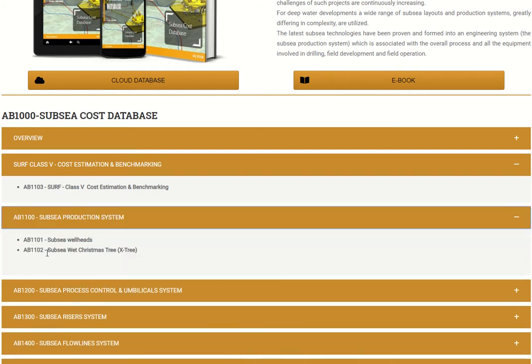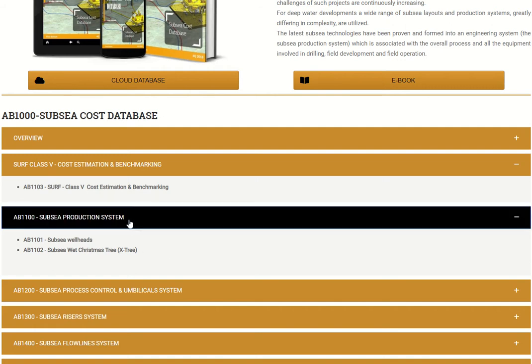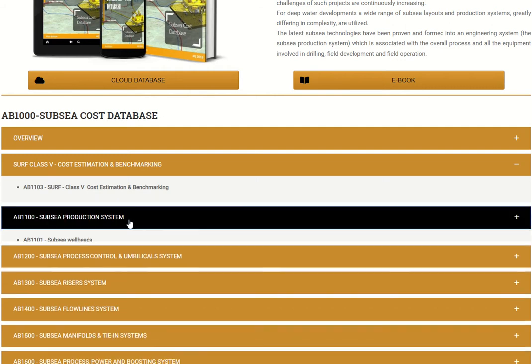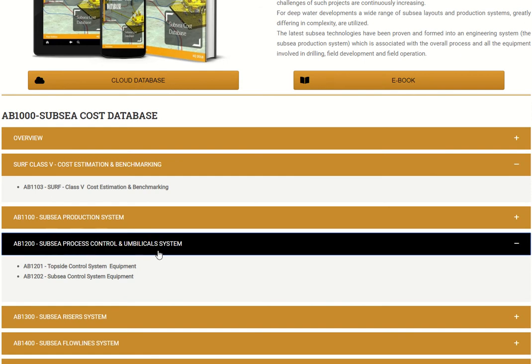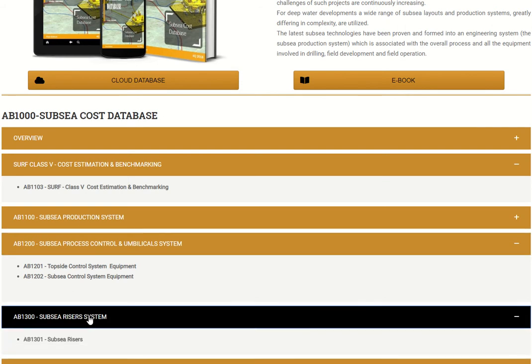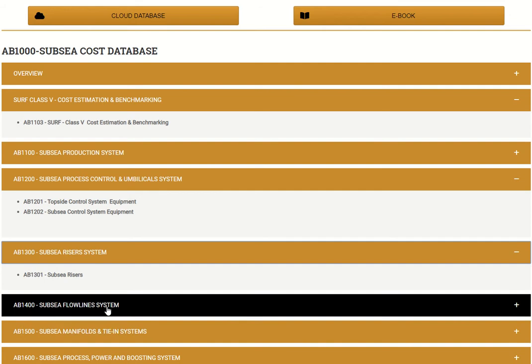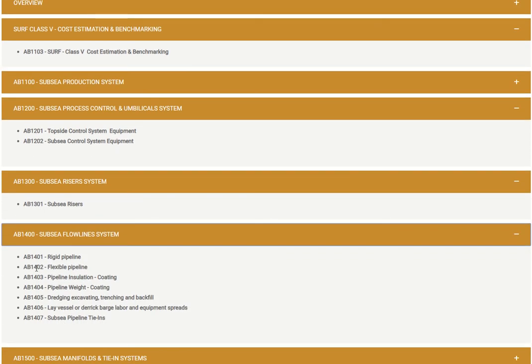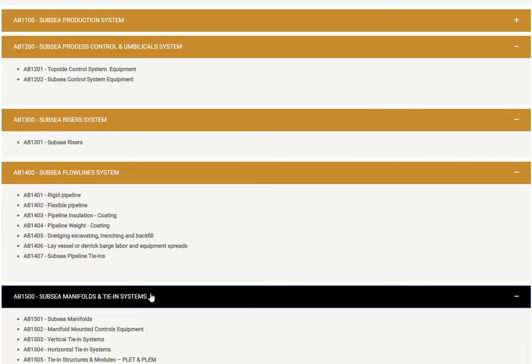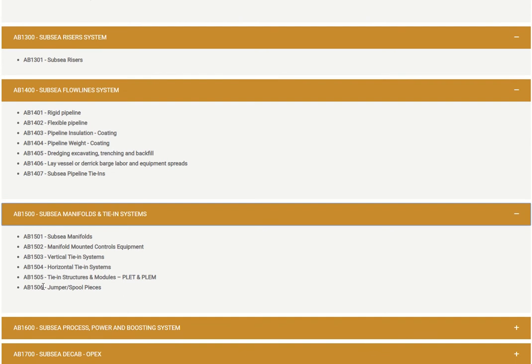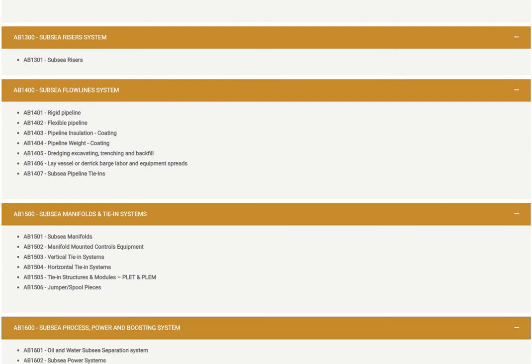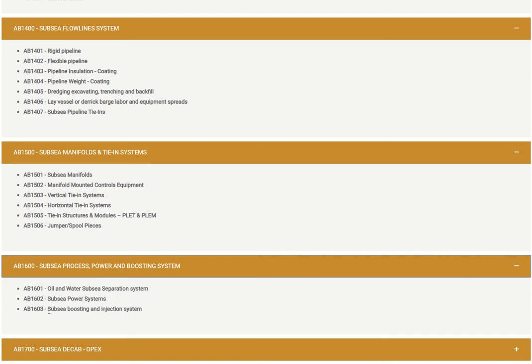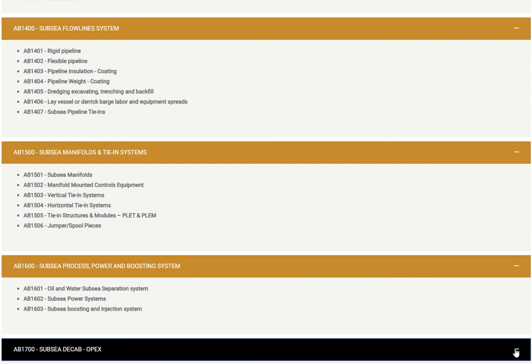Subsea production system, you have two sub databases or two items included: the subsea process control umbilicals, and the subsea riser systems, the subsea flow line system, which contains 7 sub-items inside, the subsea manifolds and tie-in systems with 6 sub-items inside, the subsea process power and boosting system containing 3 items. All those items at the same time